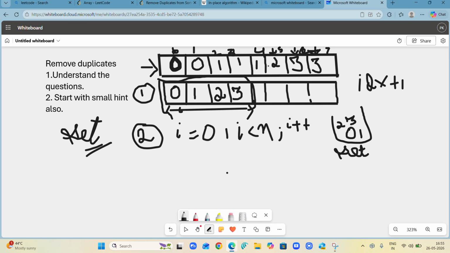In this manner, do you think that only moving i and checking i minus 1 and giving the result was ever possible? No. In the set case, you will realize that set is valid even if the elements are not sorted in increasing or decreasing order. So it is valid in each case. Now moving ahead.